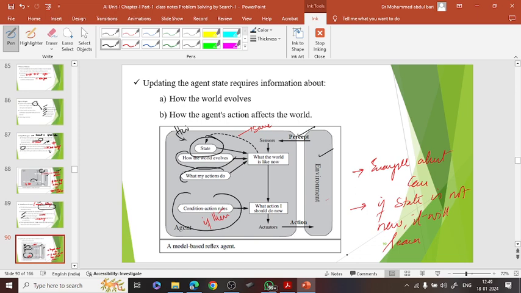What is the condition? It has to know which road map you are going on. It is fully observed. You are driving a car based on your history. If you are going on a road in a particular car, for example, you are driving a car on a particular road, you know the history,